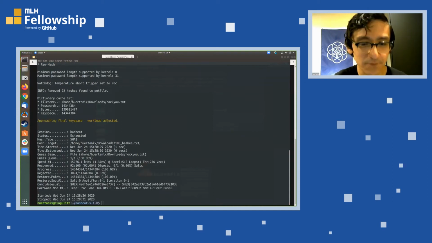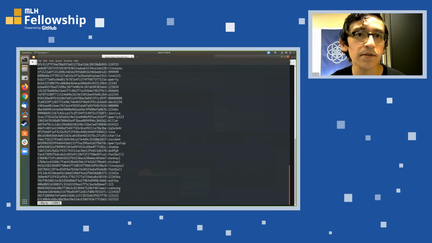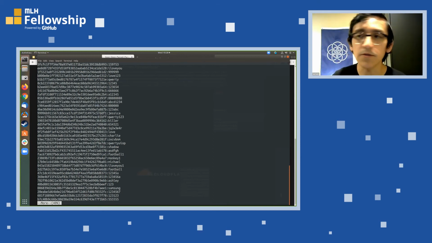So if we look at more cracked.txt, you can see, in this case, you have the hash on one side and the cracked password on the other. So these are very common passwords, unfortunately, and tend to get reused a lot because I think people have a lot of mythologies about how these things work behind the scenes. People maybe don't understand that, even though it matches the requirements of their company policy for their SharePoint account, hey, it's 6 digits and it has numbers and letters, that doesn't really help you if it's ABCD